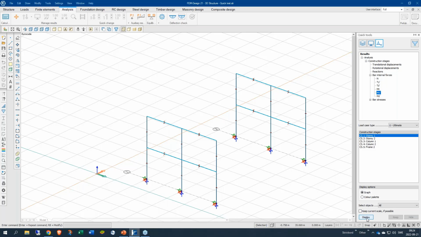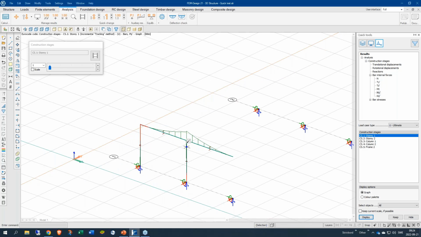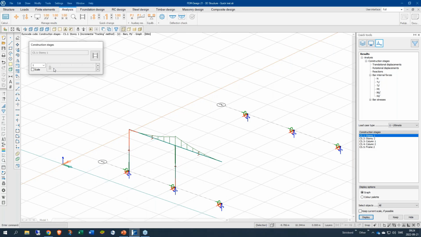So when I have the first stage and I've applied the loads, it will be looking like this. And then we will be showing the next stage with the loads that are activated. When I am now adding the next column,